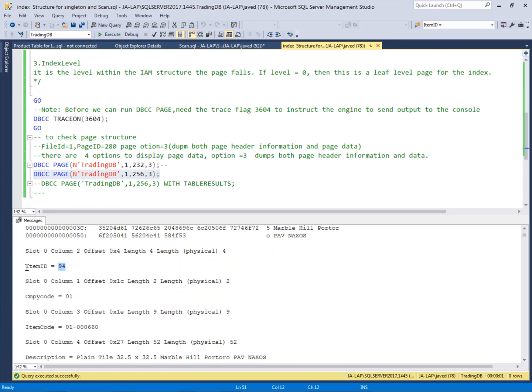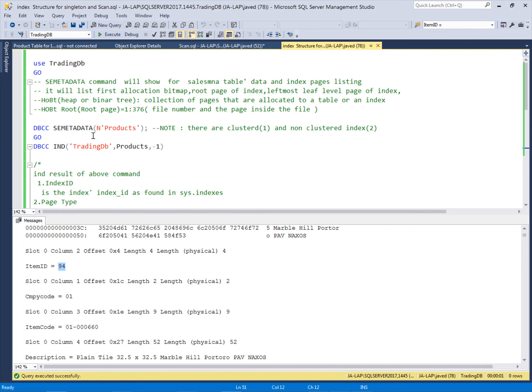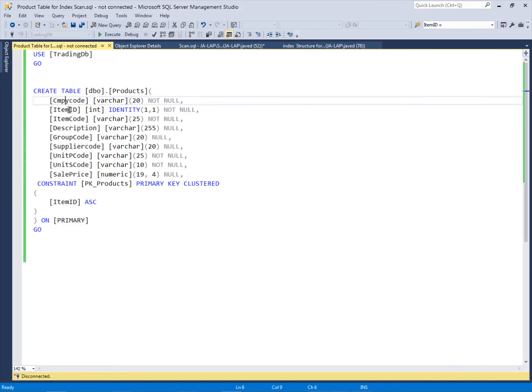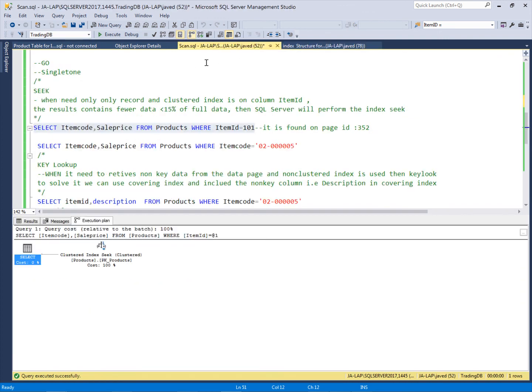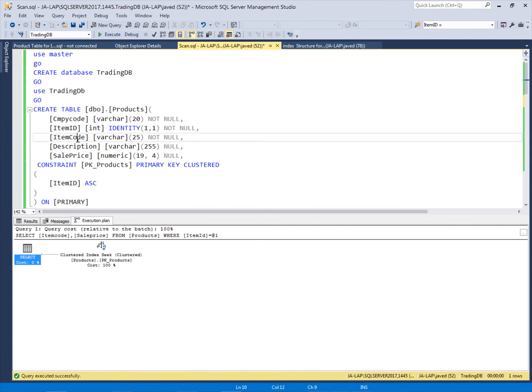And this table, the product table, has the fields company ID, item ID, item code, description, and sale price.